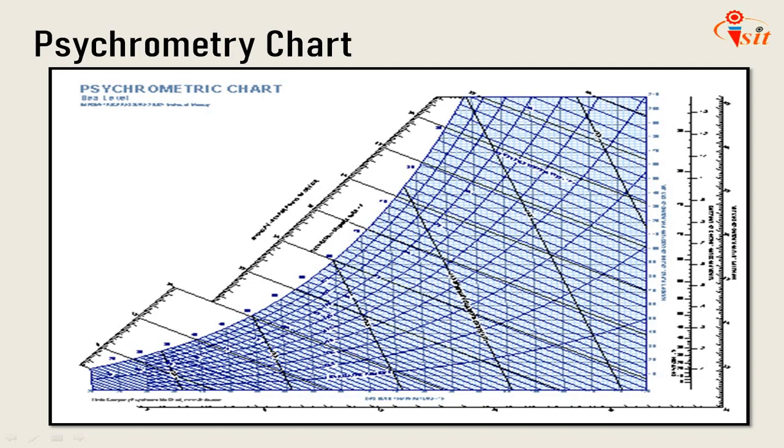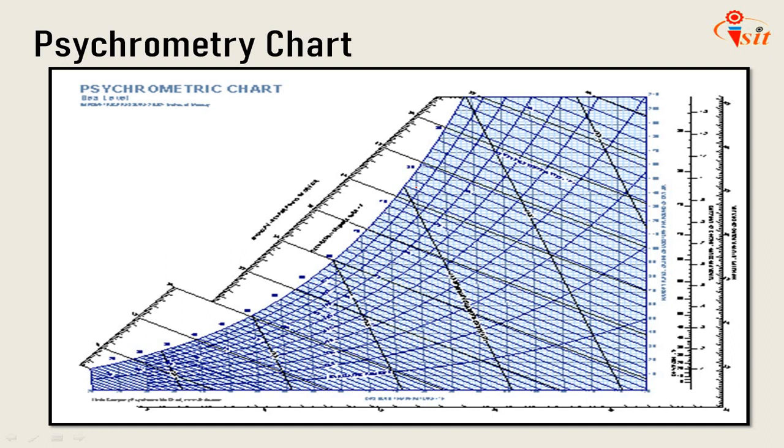So the first point is about the psychrometric chart. A chart which shows the interrelation of all important properties as described earlier is known as a psychrometric chart. This chart for a given barometric pressure is very important to illustrate the different psychrometric processes, and it saves a lot of labor in making calculations. The constructional procedure, we'll see one by one.